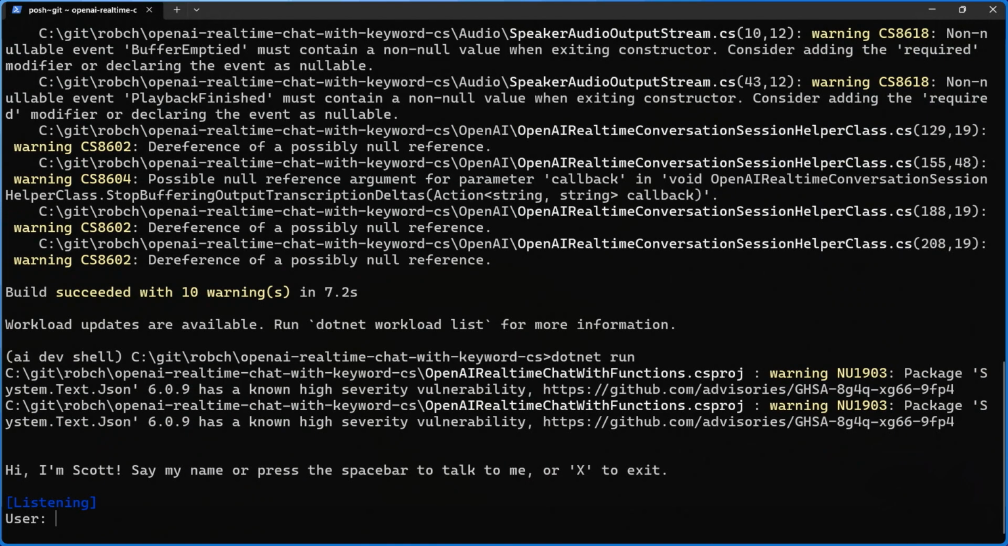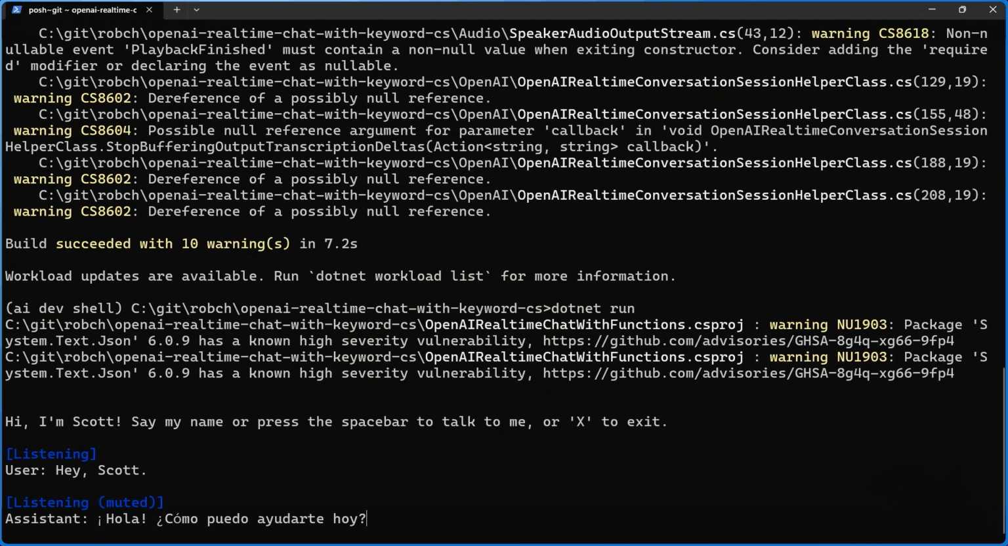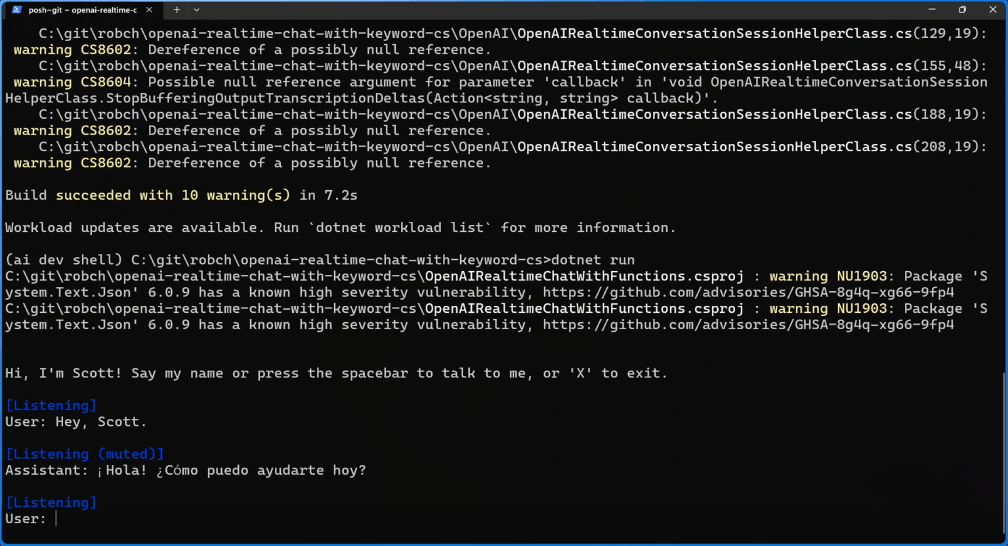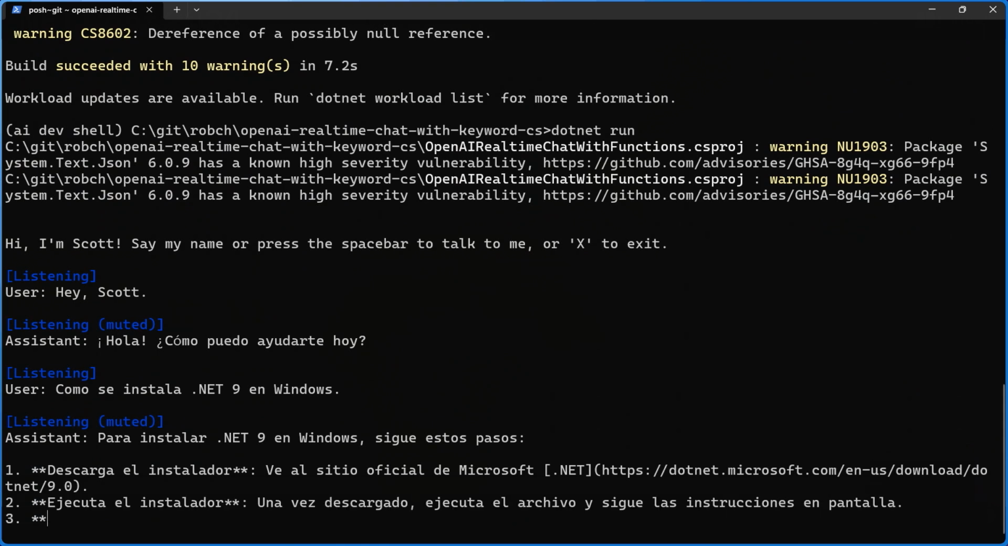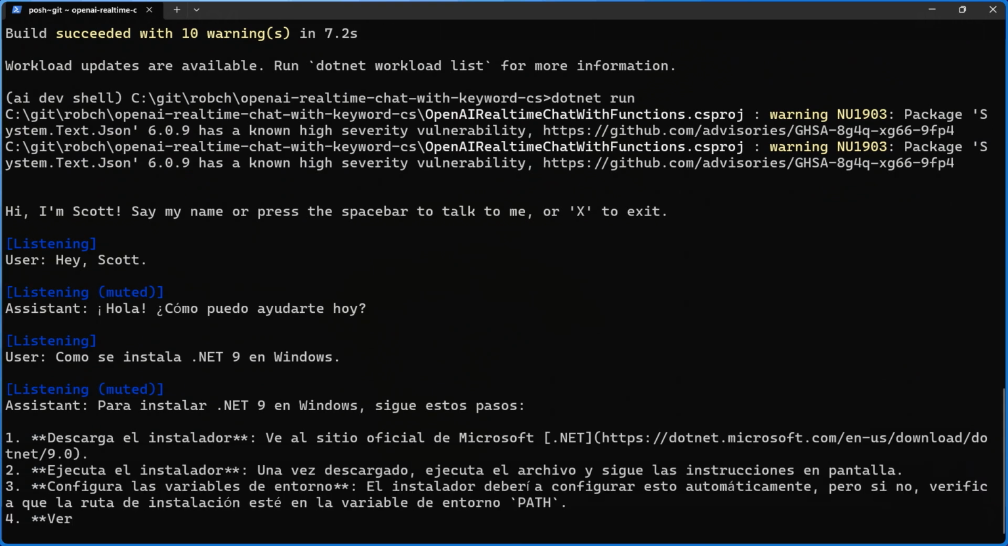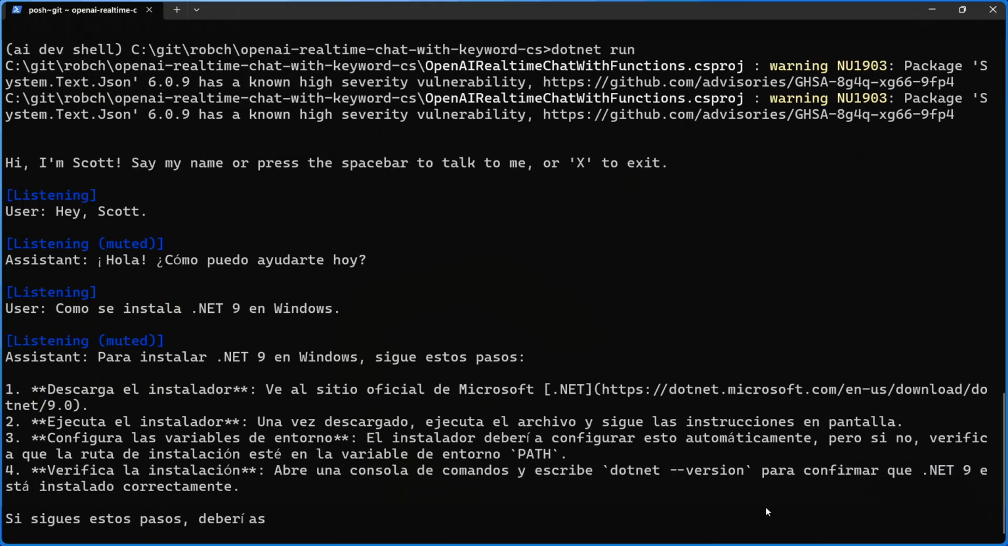Hey, Scott. Hola, ¿cómo puedo ayudarte hoy? ¿Cómo se instala .NET 9 en Windows? Para instalar .NET 9 en Windows, sigue estos pasos. 1. Descarga el instalador. Ve al sitio oficial de